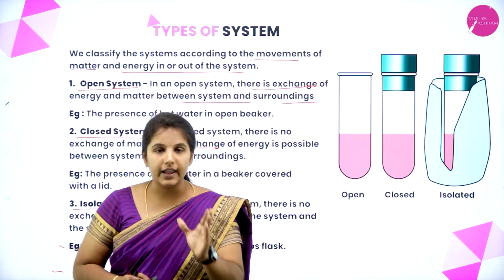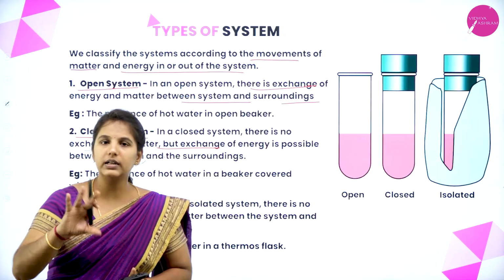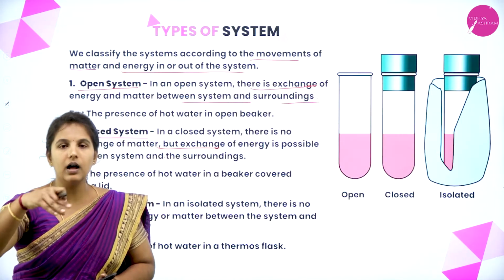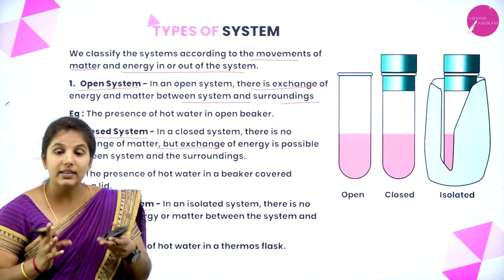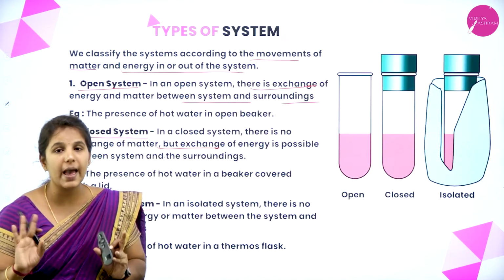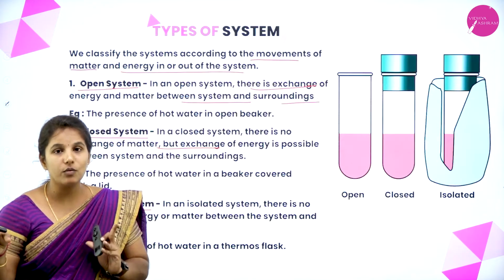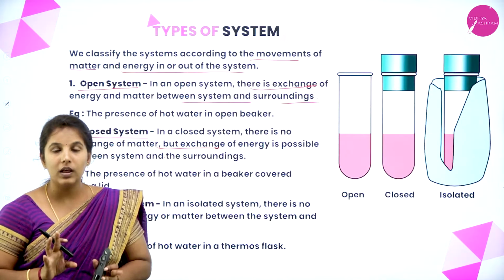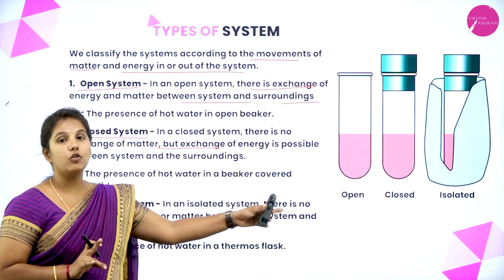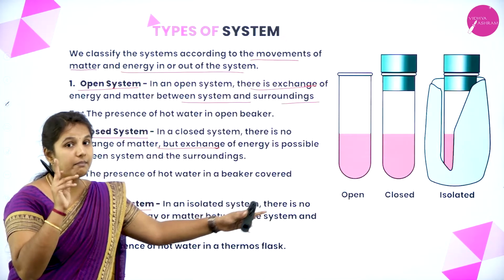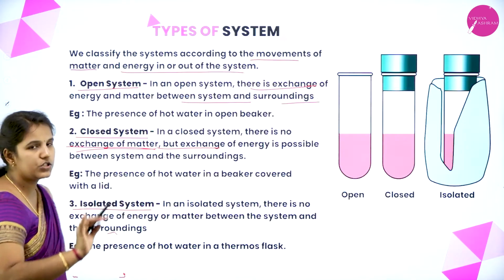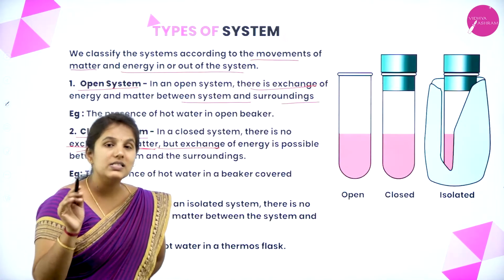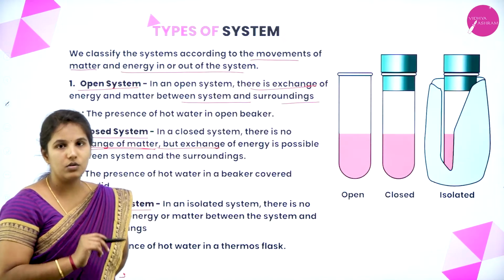Say you are taking a cup of tea and placing a plate on the mouth of the cup. What will happen? There is a change in energy happening. After a few minutes, the tea will become cool. Such systems are said to be closed systems. Remember, their matter is not undergoing any changes. There is no exchange of matter happening. Such systems are said to be closed systems.